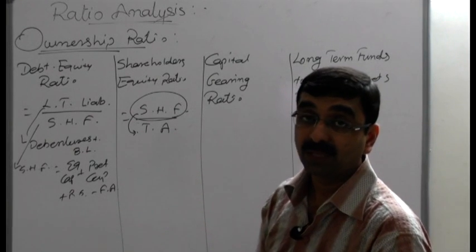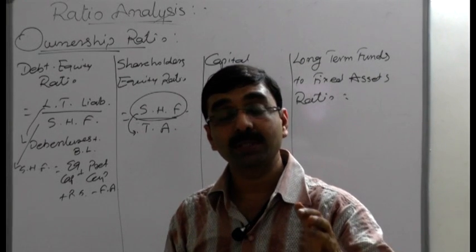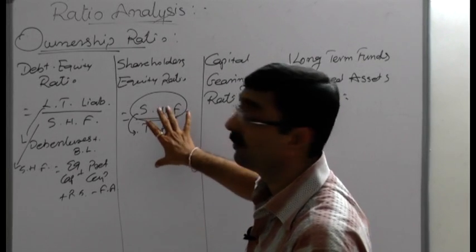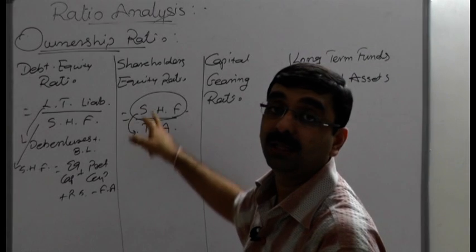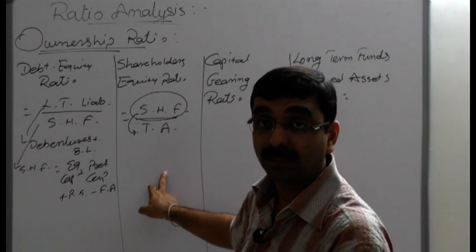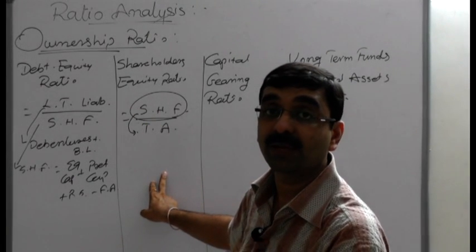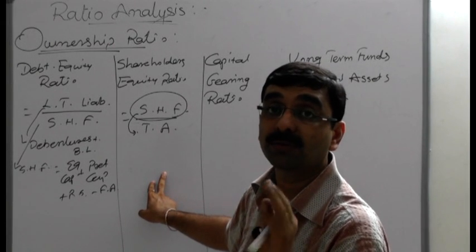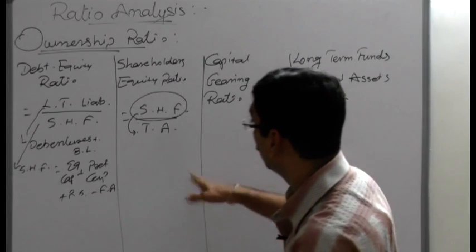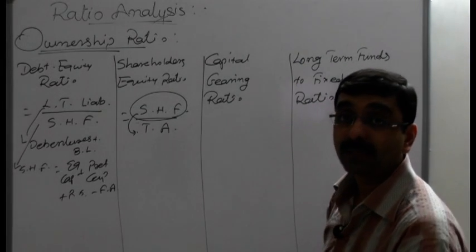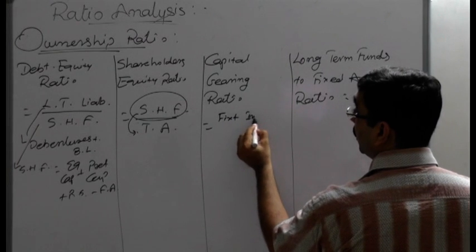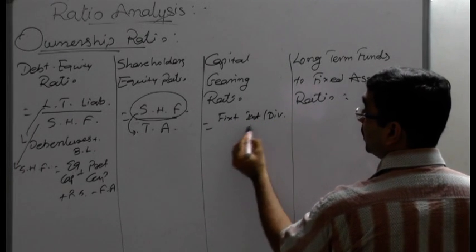If it is more than 60% or 65%, it shows that a good amount of shareholders fund is invested in the total assets. Ultimately, it represents the strength of the company. Capital gearing ratio is the fixed interest or dividend securities